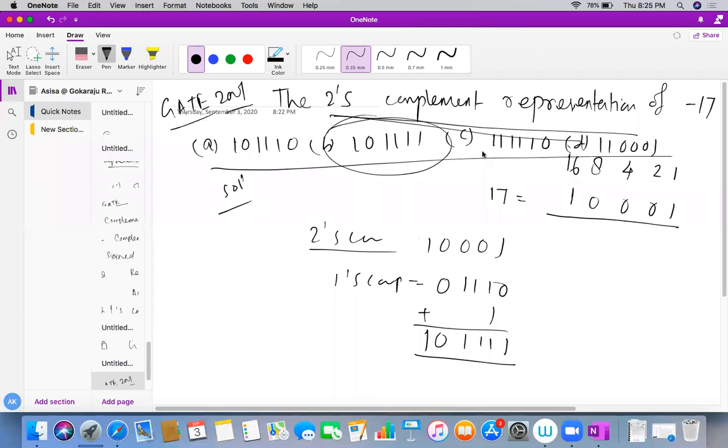So whatever I have done was wrong. Yeah, correct, B is the correct answer. Whatever I have done earlier is the answer if the question is given like this: the signed magnitude form representation of -17, then D is the answer, students. Okay, do you all understand? So this much only for signed magnitude form. Then we'll proceed further, students, to the next part.